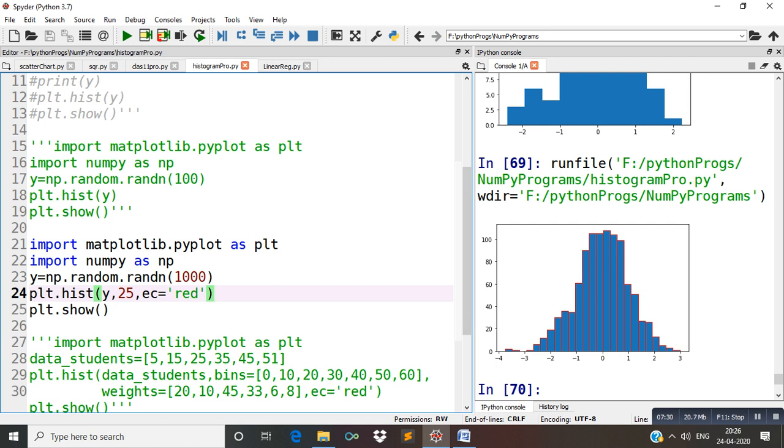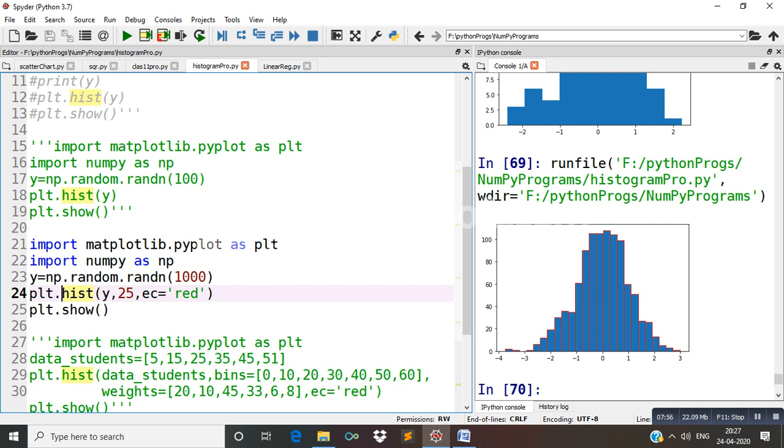And you can find here there is no gap between these bars, as I explained what is the difference between bar chart and histogram. In histogram there is no gap, but I told you that sometimes we can find a gap. As you can see here at -3, there is no bar.